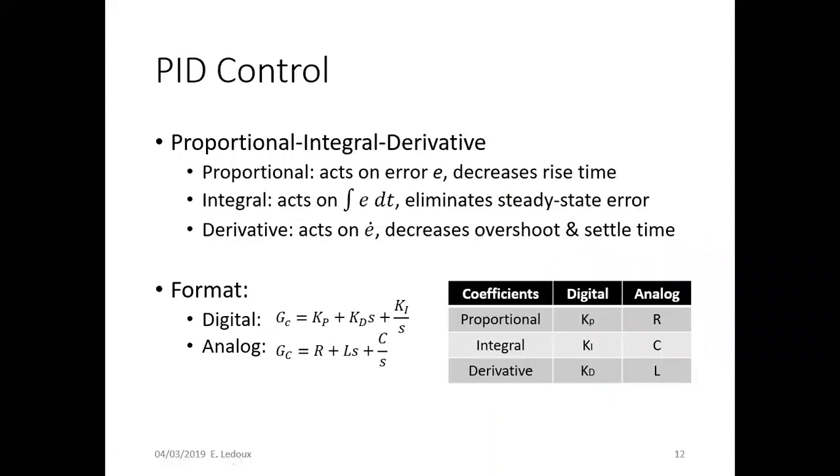So KP, KI, and KD, and then that is digital control. Now you could do this using a circuit with resistor, inductor, capacitor. So you could actually make a circuit instead of using a digital controller, but if you actually put your constants into your code, then it's a lot easier to change out. With an analog circuit, then you're kind of just restricted to whatever values of resistors, capacitors, and inductors